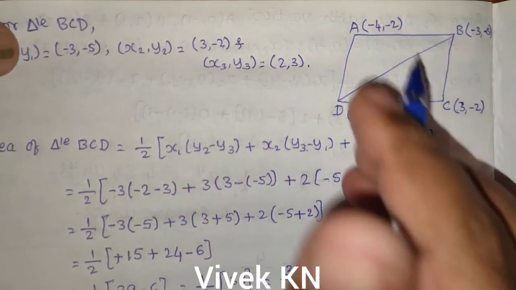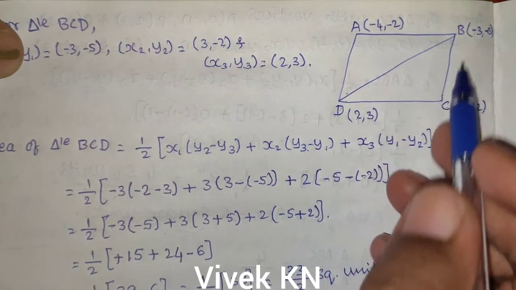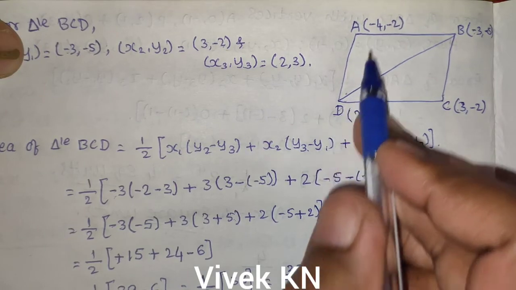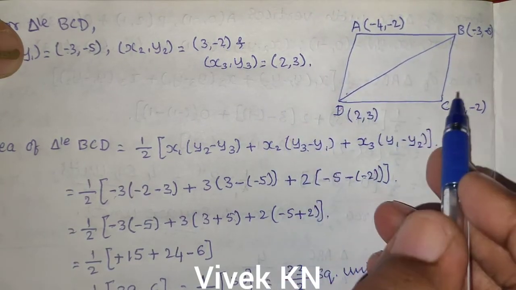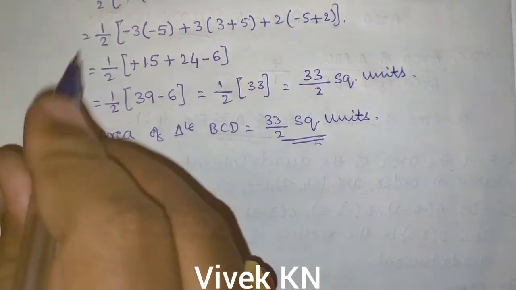Now by adding the area of triangle ABD and BCD, we can easily calculate the area of quadrilateral ABCD. Okay, so